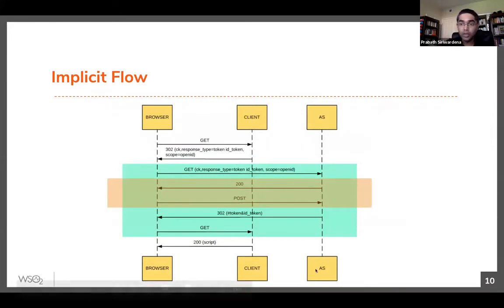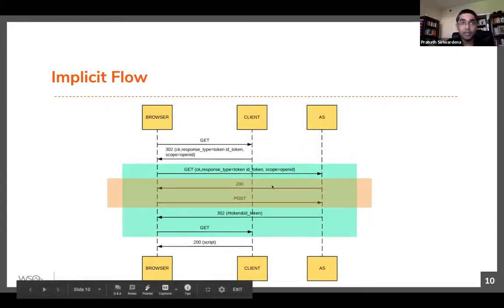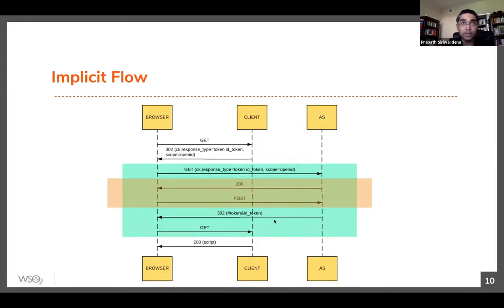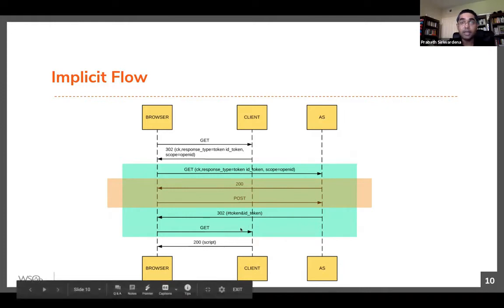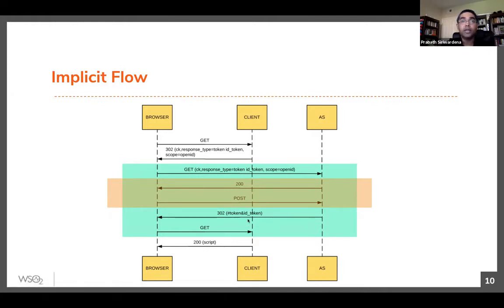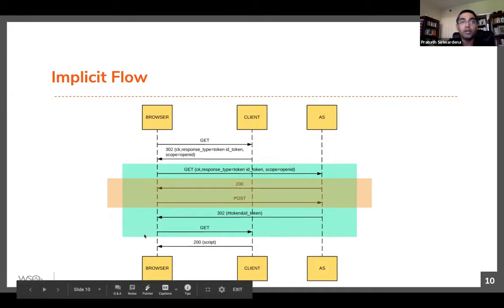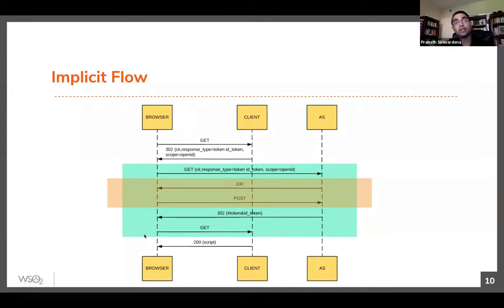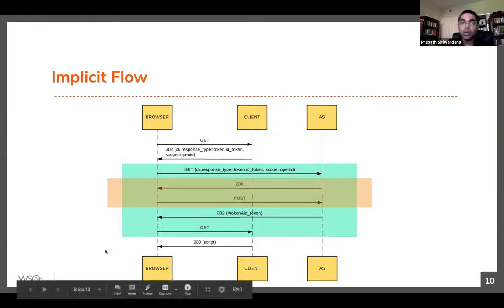And this is how implicit flow works. The same thing, but in a sequence diagram. So one important thing here is in a single page app, what happens is you get the ID token and the token to the browser. Then it will send a GET to the client app, to the web server. Then the web server will respond back with a 200, which is a JavaScript that can extract the token from the URL fragment and then execute the OAuth calls to backend APIs, which are protected with OAuth 2.